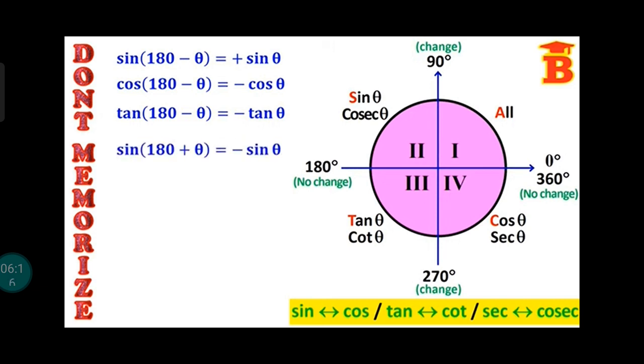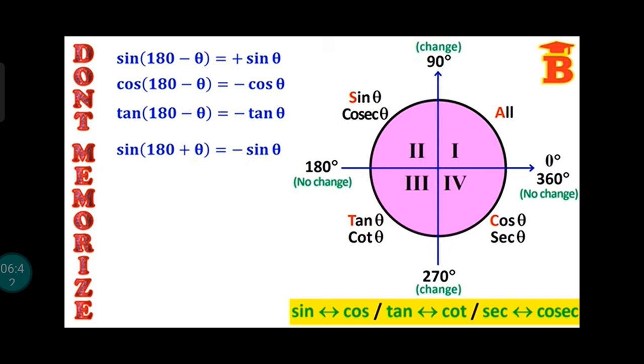Next 180 degree plus theta, this lies in third quadrant. In third quadrant tan and cot are positive, all other functions are negative. And also 180 degree means no change. So sin 180 plus theta equal to third quadrant sin is negative and no change, so we get the answer